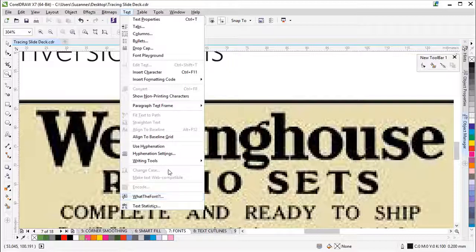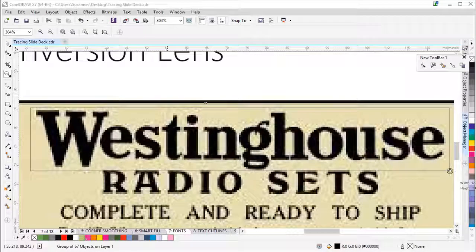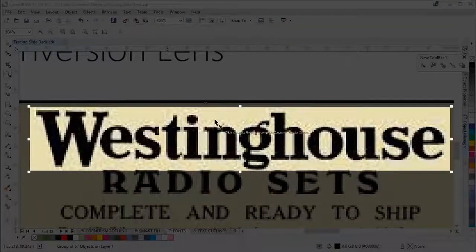And while we're collecting tools for our toolbar, I'm just going to press Ctrl and Alt and just drag What the Font up to our toolbar. Now once you select What the Font, the cursor will change to a bullseye, and what we're going to do is we're going to go around this word, just trying to get as many letters as we can. If we're happy with that, click inside,